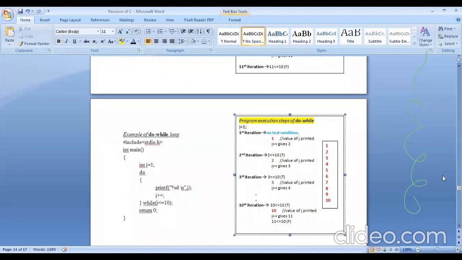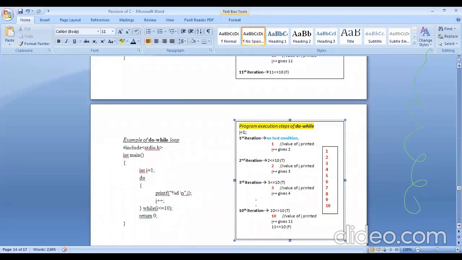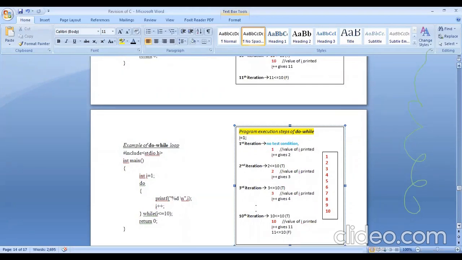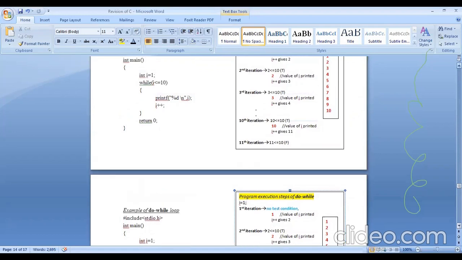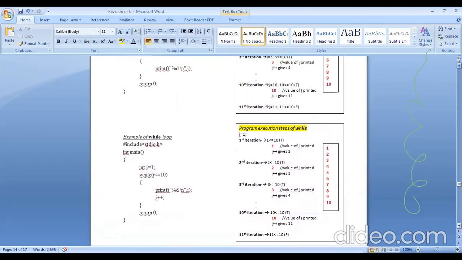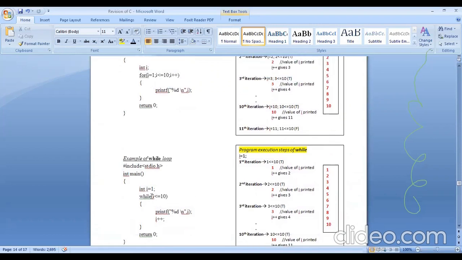If you compare all the three, the outputs are the same, and they are doing the same work, though depending on their syntax, the way of processing the numbers will be a bit different. If you draw any difference between for, while and do while, you see for and while are the same, but they are different from do while in the sense that in for and while, the condition is always checked at the beginning of the loop. If the condition is true, only then you can get inside the loop.